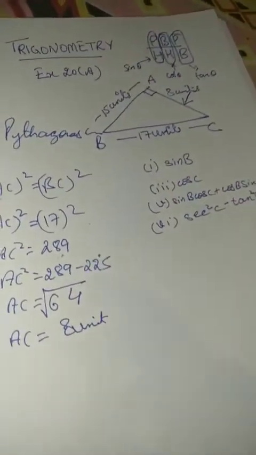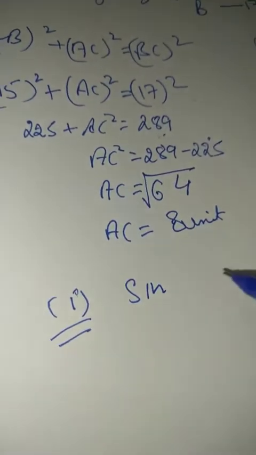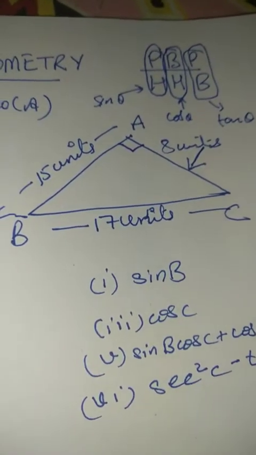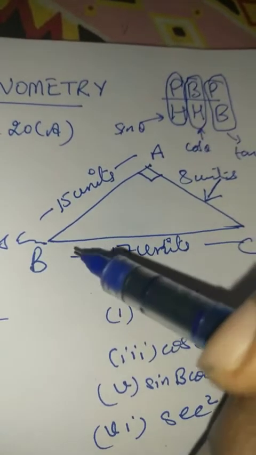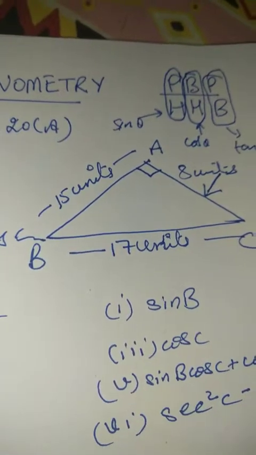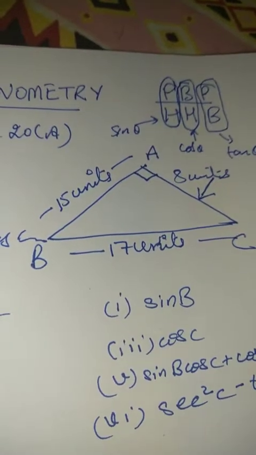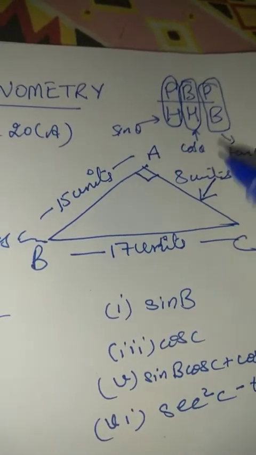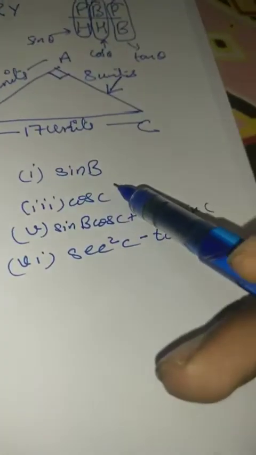So let's calculate. Now when it says to calculate sine B, we'll have to write down from the figure what will be the value of sine B. Sine we know is perpendicular upon hypotenuse, but as per sine B there will be one particular side which will be the perpendicular. We can never choose any side randomly to be the perpendicular, or just take any random side to be the base. No, there has to be a particular limitation. What we saw in the previous video is that wherever we are having theta, the side onto which theta and 90 are present becomes the base, but we are not having theta here.